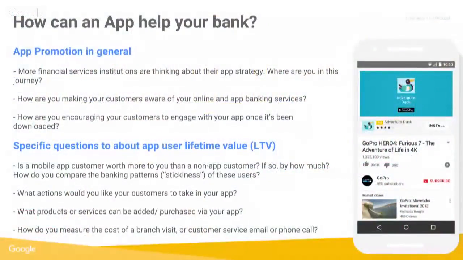Cool. So now that we've talked a little bit more at length on the idea of how web and app are intertwined with one another, we wanted to go through a couple of use case examples of applying this framework to different client verticals and talk about some of the relevant questions that both these clients and you should be asking to make sure that one, you've got an effective strategy from a measurement and attribution perspective in place, but two, you're marketing towards objectives that are obviously driving success and incremental growth for the end customer.